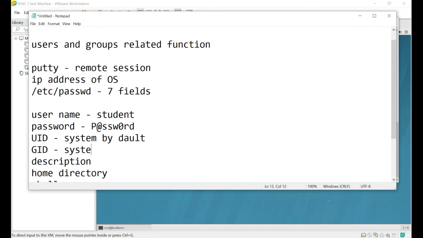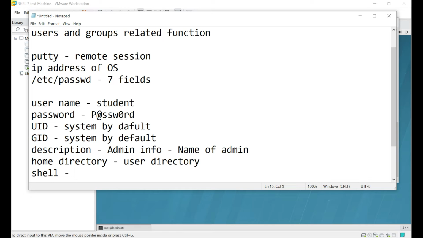Then GID is also given by default by the system. Descriptions, it's admin info, that means name of an admin, whatever you want to type for easy recognition. Home directory, each user has its own user directory where the user can keep their personal information.